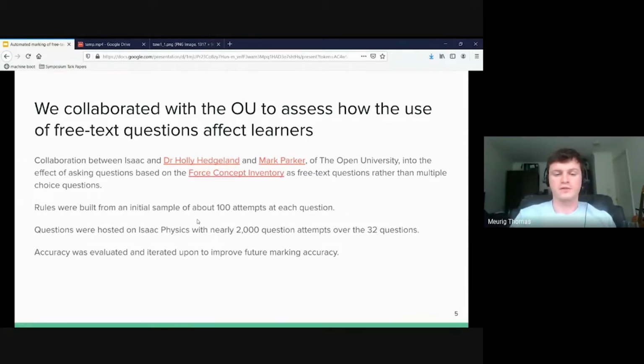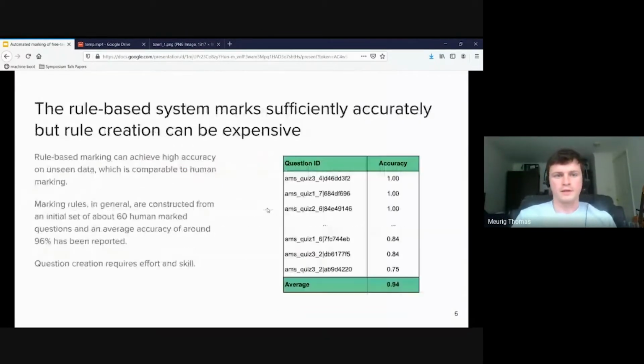So when we hosted the questions on the physics site, there were nearly 2,000 question attempts over the 32 questions for evaluation. The initial analysis showed high accuracy. There was about 94% accuracy of matching the human marking, which is quite